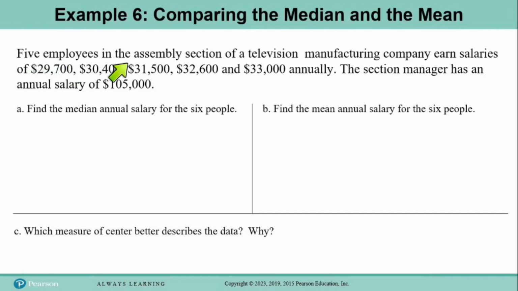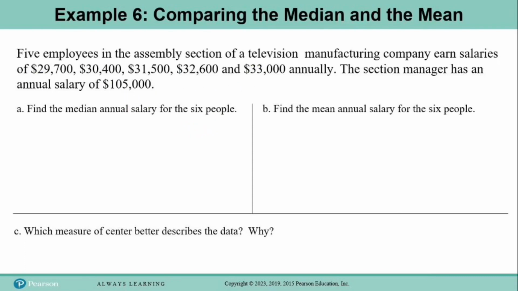says 5 employees in the assembly section of a television manufacturing company earned salaries of $29,700, $30,400, $31,500, $32,600, and $33,000 annually. The section manager has an annual salary of $105,000. And Part A says find the median annual salary for the 6 people, so the 5 workers and the section